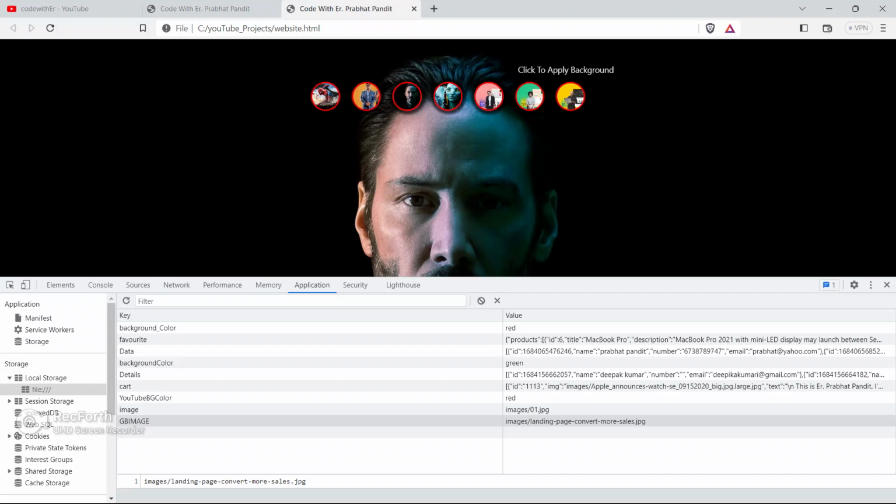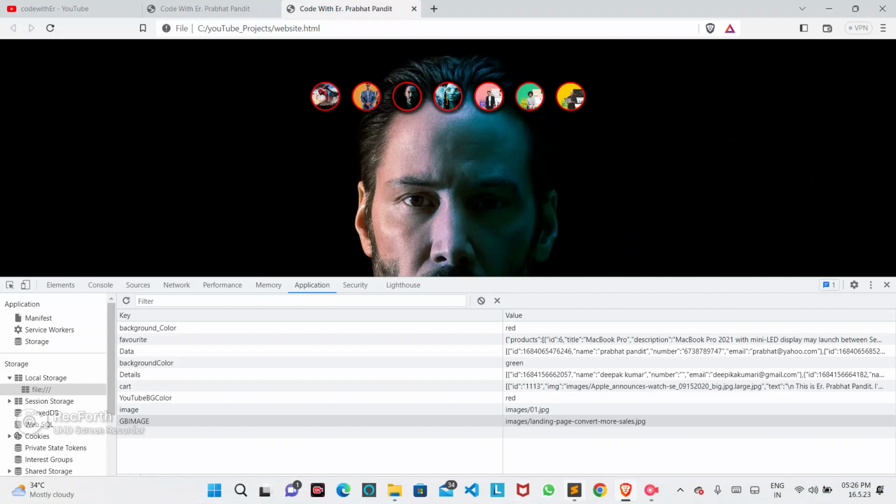As of now we are just saving the image name to the local storage, okay. So now we have to grab it and we have to apply it as a background image guys, okay. That's why it is not changing, okay guys.